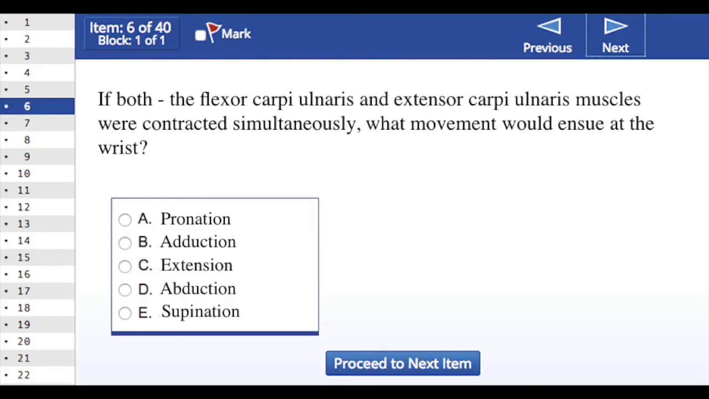If both the flexor carpi ulnaris and the extensor carpi ulnaris muscle were contracted simultaneously, what movements would ensue at the wrist? This kind of question can be problematic for people because oftentimes they've forgotten specific attachments and they've forgotten specific functions